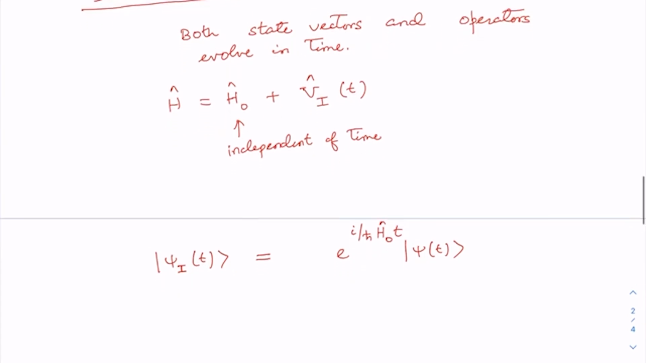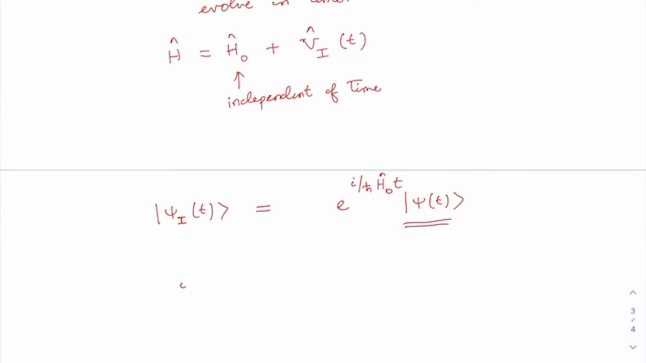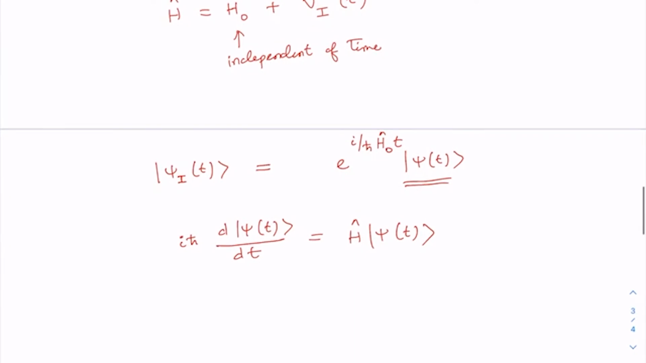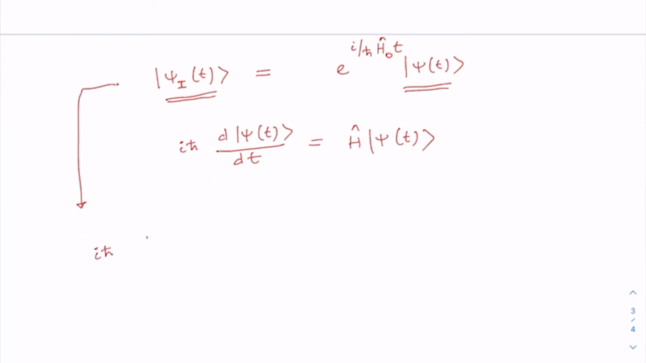Alright. Now as you know, this ψ(t) is governed by the Schrodinger equation. We have iħ dψ(t)/dt = H ψ(t), H operating on ψ(t). Let us derive a Schrodinger-like equation for the state vector ψ_I in the interaction picture. To do that, let me take the time derivative of this and multiply it by iħ. So from here I have iħ dψ_I(t)/dt, which would be equal to